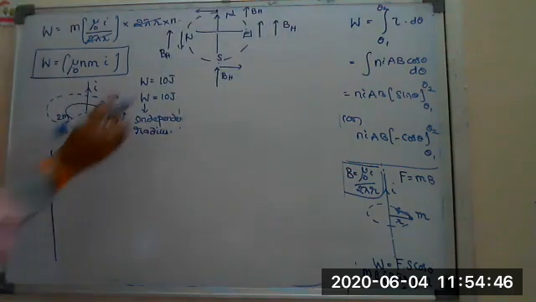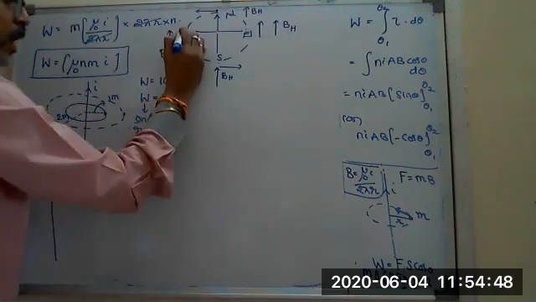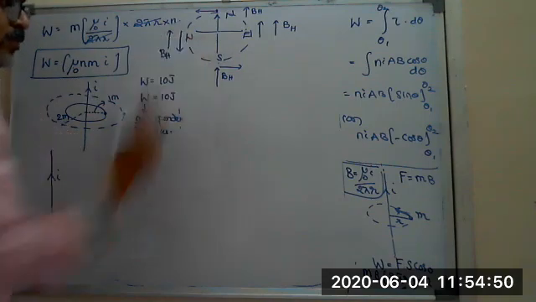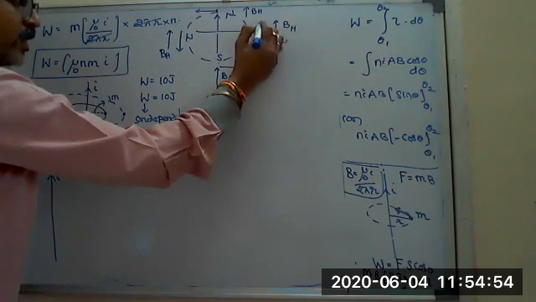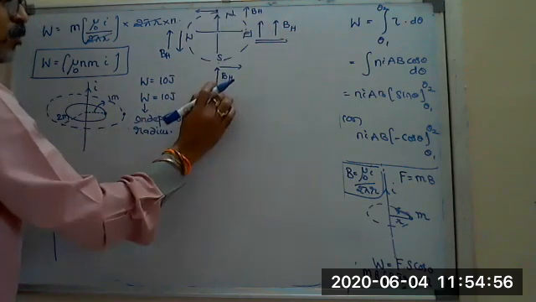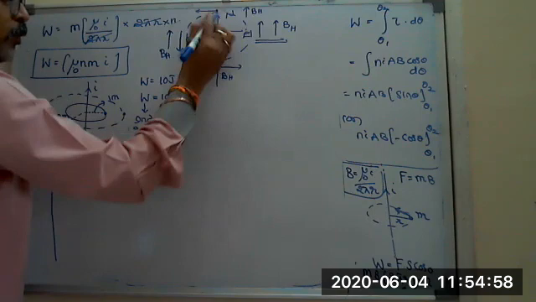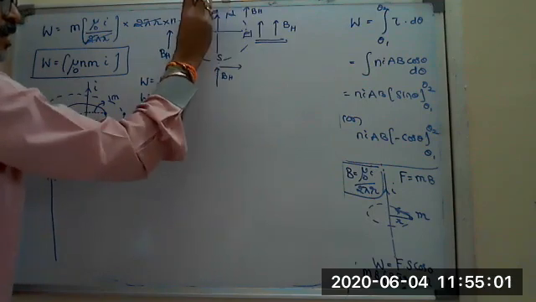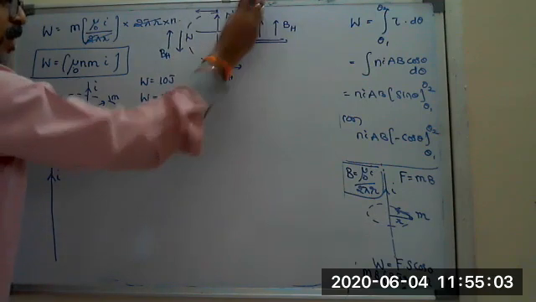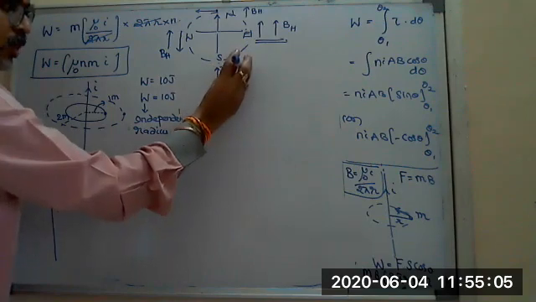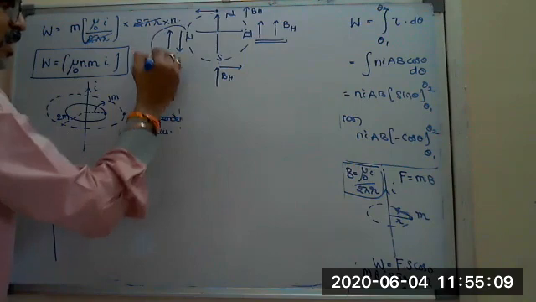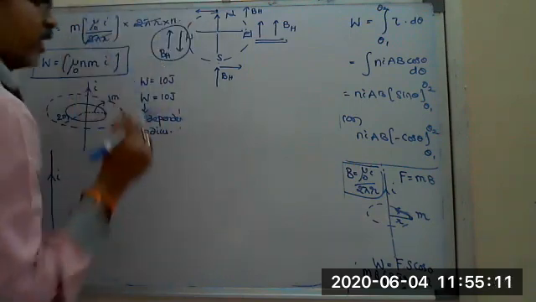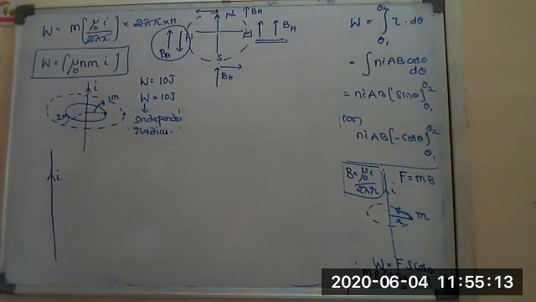So look here. There is a chance to get a null point towards west. Towards east, there is no chance to get a null point, as both are in the same direction. At north and south, the magnetic field produced by the current carrying conductor and BH are perpendicular. That's why there is no chance to get a null point. But towards west, you will get a null point.